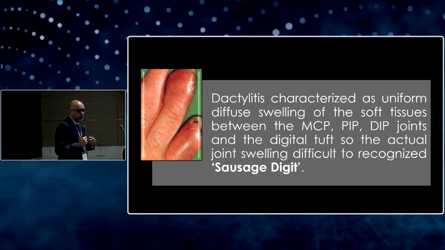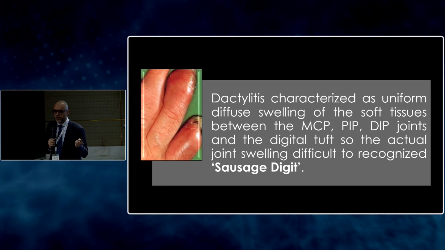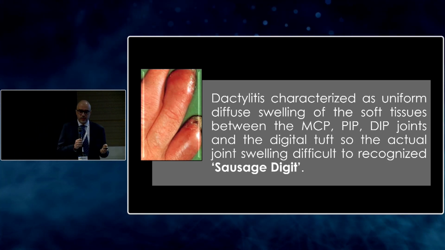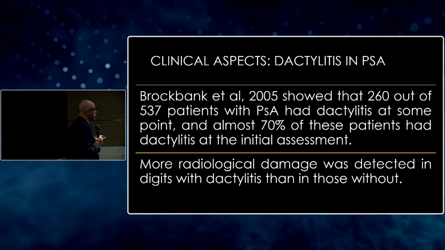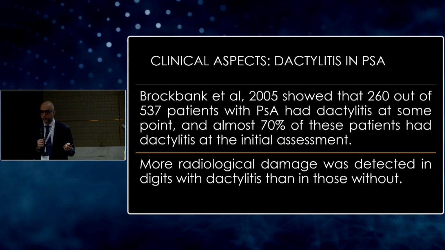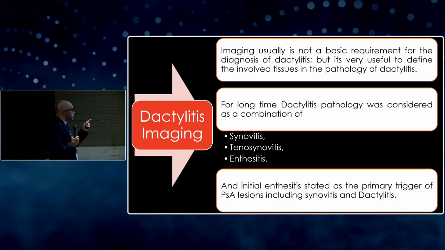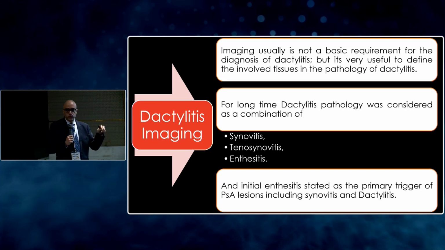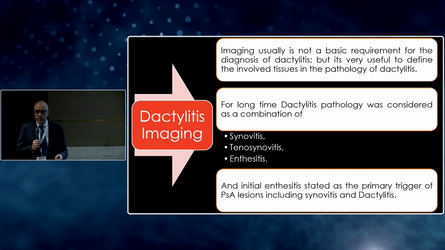Dactylitis, all of us are trained like this: inflammation of the whole digit, covering all the components of the finger or toes, representing synovitis, enthesitis, and tenosynovitis as components. This condition is prevalent enough to cover almost 70% of patients at any stage of the disease, and the combination of synovitis, tenosynovitis, and enthesitis was claimed to be the fixed component of dactylitis, but with the updated data